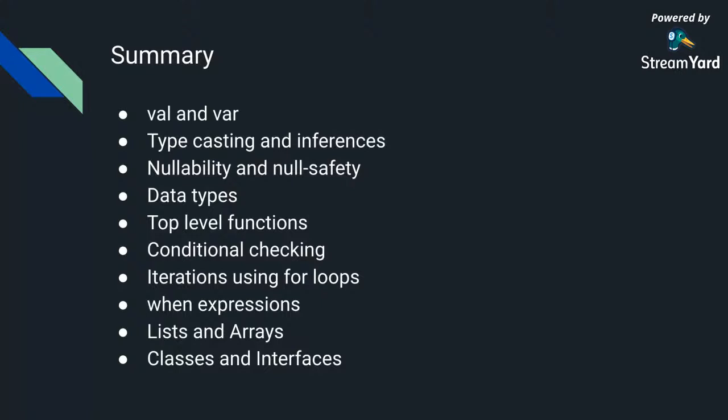And then we went through some very basic data types. We saw what top level functions are. Top level functions, you can just write them in a file somewhere directly and use those functions or methods anywhere, even in Java files. So that's what top level functions are. We saw some basic flow control, which is conditional checks and iterations with for loops. We saw how we can do a for each loop for a list, and to go through a range, a new feature of Kotlin is where we can define a range and just iterate through.